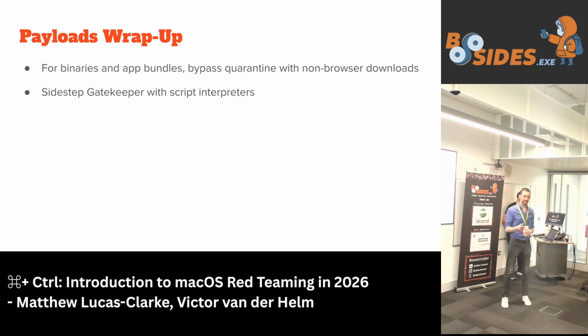If you want to deliver something that's essentially a binary, something that should be getting signed but isn't, you want to try and bypass quarantine. To do that, you want to try and find something that's a download, but not a download. If you can't find anything decent there, or you just really want to use script interpreters anyway, go for it. You don't need to care about Gatekeeper at that point. You don't need to care about your files having quarantine or not.